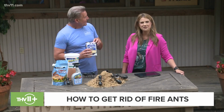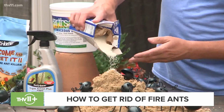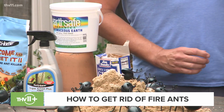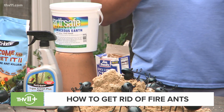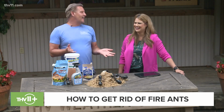Grits. Okay, so if you take your grits, just good old home grits. Good old southern grits. You said these are from the south. Yeah, and just go like this all over your mound. And what happens is the fire ants get so excited because it's food. So they're going to take this to the queen and feed it to the queen. And what happens when they digest it, it expands and explodes, so that kills the queen and the colony all